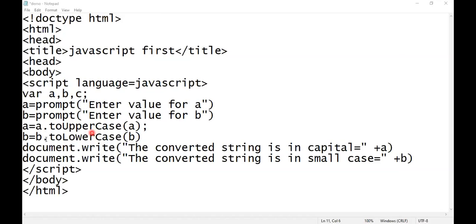And here b dot to lowercase. Here we are applying this function on b. So by using the function and object combination, we can convert uppercase to lowercase or lowercase to uppercase.